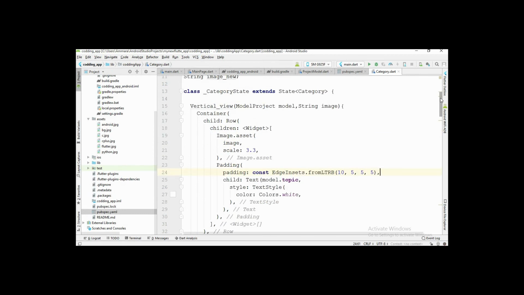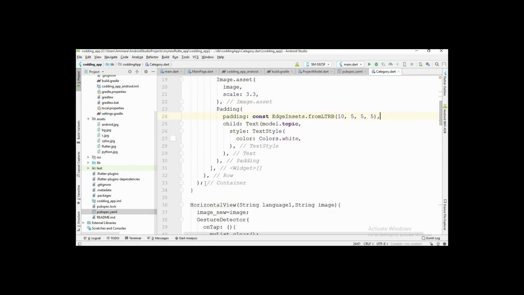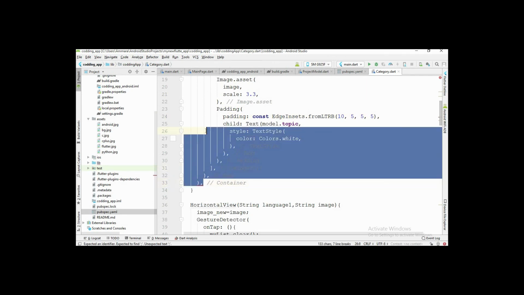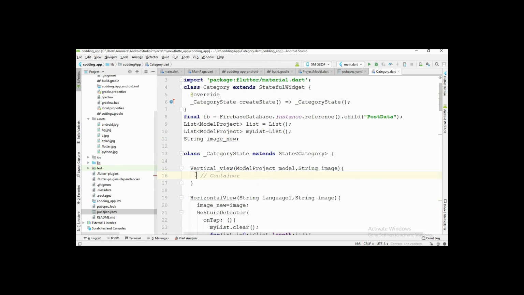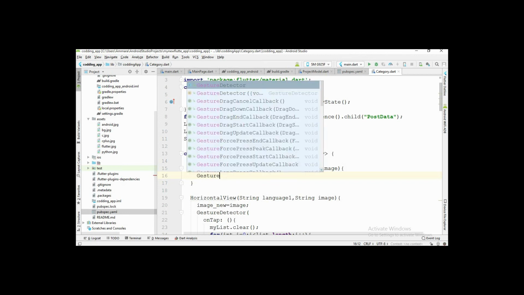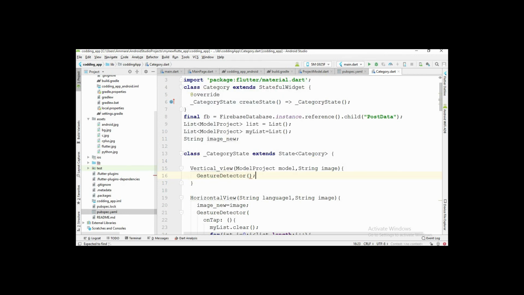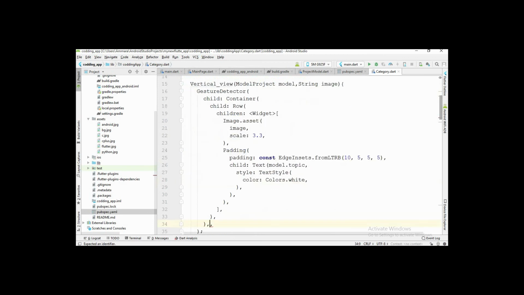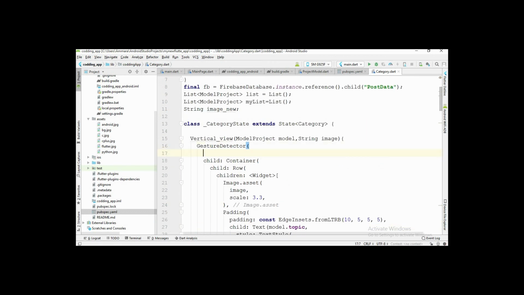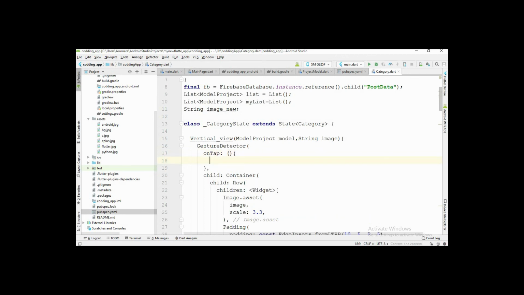this list view is not clickable. Okay, so if you want to make this list view clickable, then write comma here and then cut all the code from here and write a class here, and in this child paste that code here. Okay, so you know that inside this class we have a method onTap, and inside this method we do all the work when the user clicks on this list. Okay,